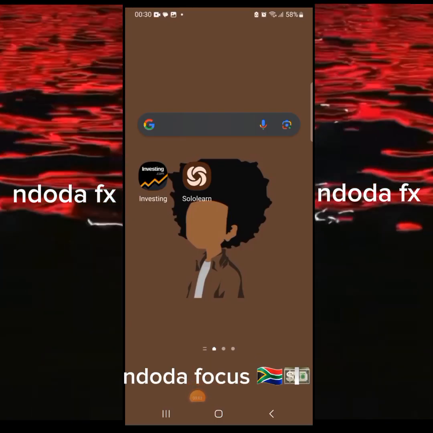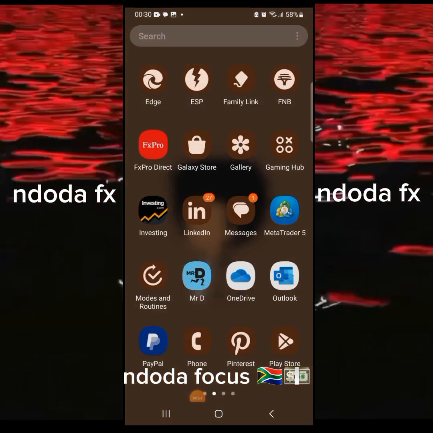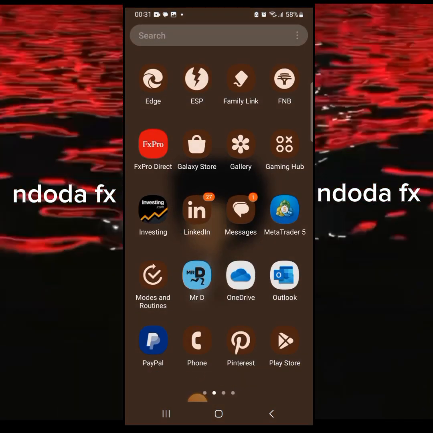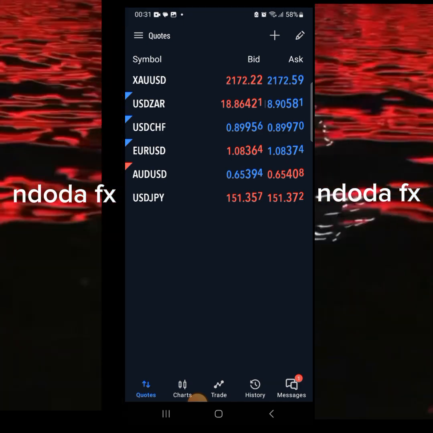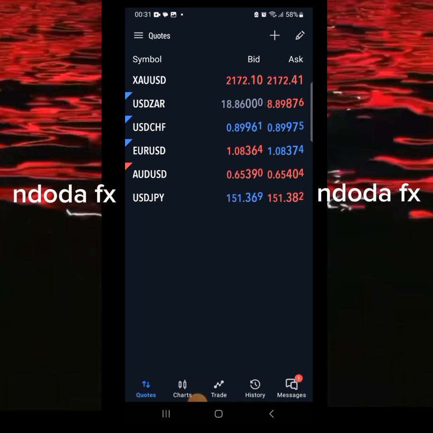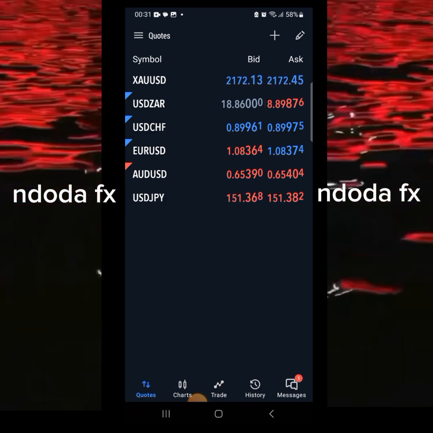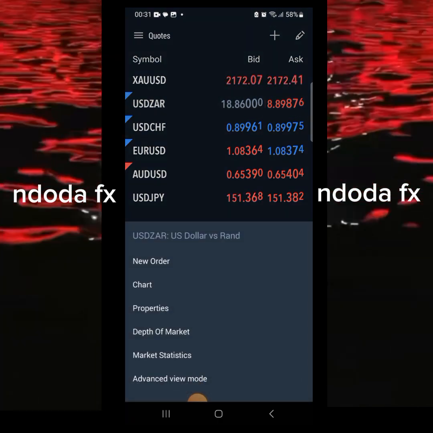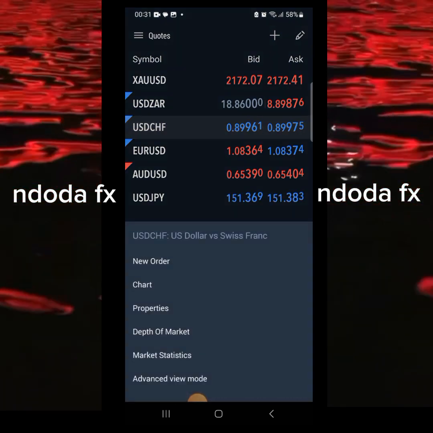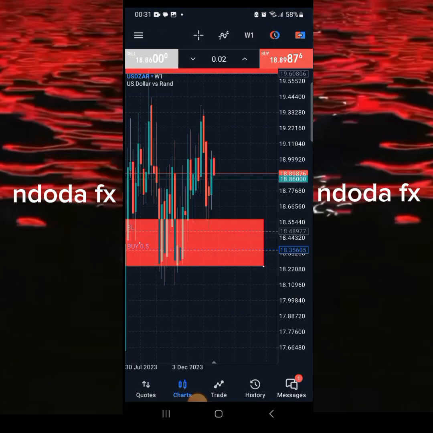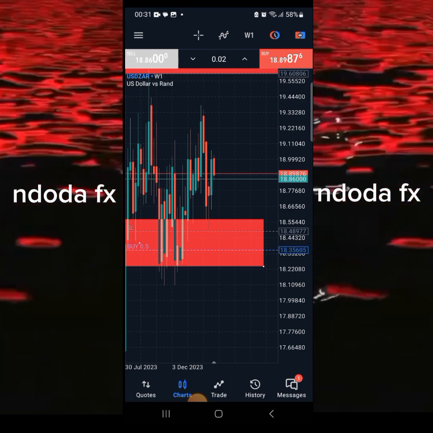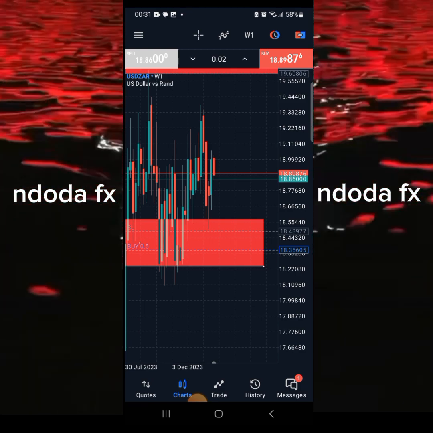Focus on our MetaTrader, MetaTrader 5. As you can see, we are in beautiful blues. Today we're only going to look at USD Swiss, but I don't mind showing you my analysis on these other two. So this is the weekly time frame of